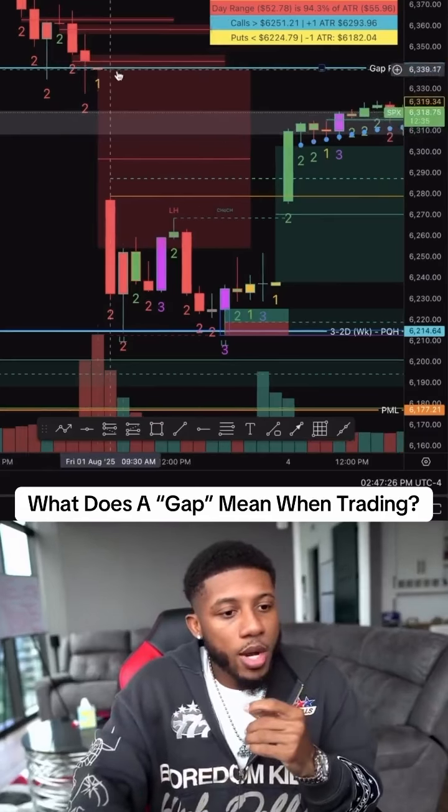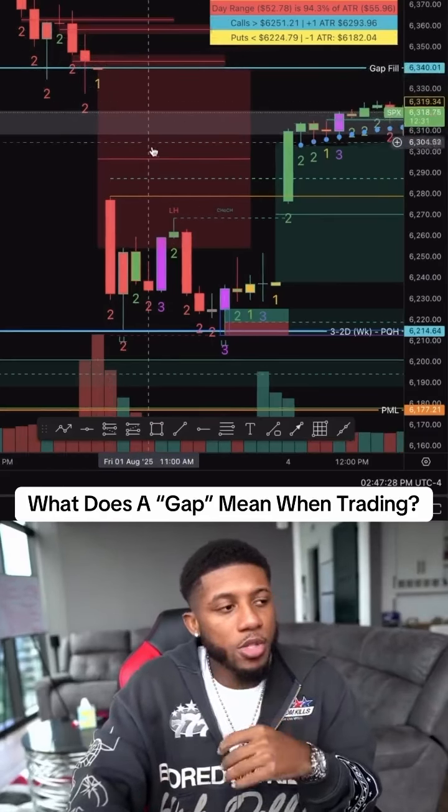So we seen on SPX, right? Initially, we marked out the gap fill because it's always